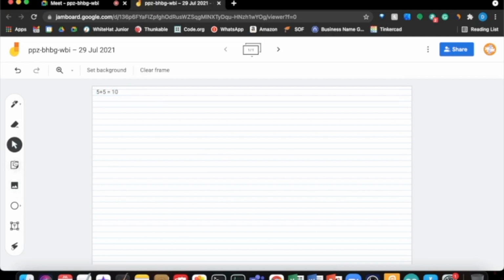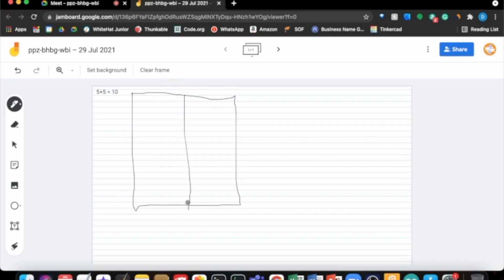And if you want to create a graph, you can do that too. So I'll just make a straight line. Oh yeah. This is a temporary line called laser. So this goes. If you want to mark some things and then it will go, like I do it fast. You can mark things, but now I'm gonna draw a line. One. I'm not really good at drawing straight lines, never mind that. And perfect. Now if you want to show your students how to make a table,